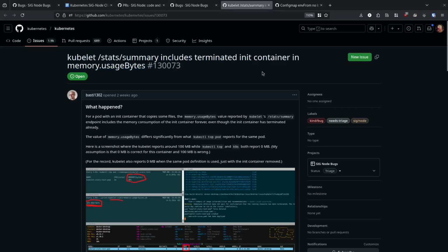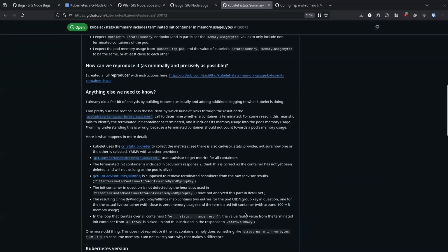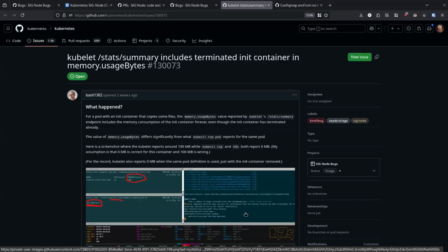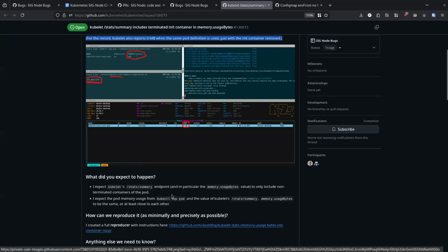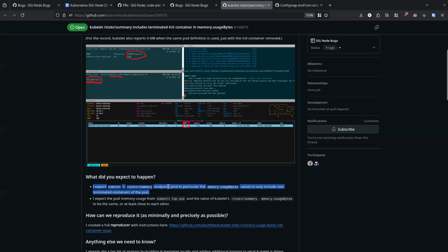Summary included terminated init containers in memory usage working set bytes. Terminated containers of a pod. Well, interesting.